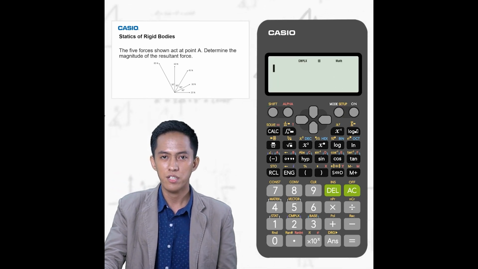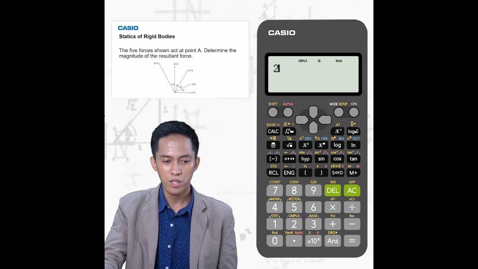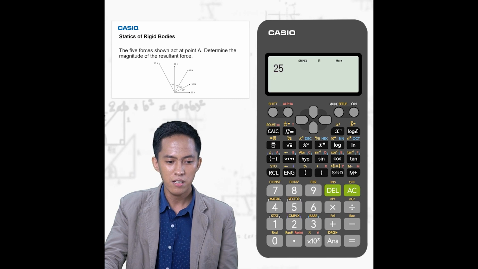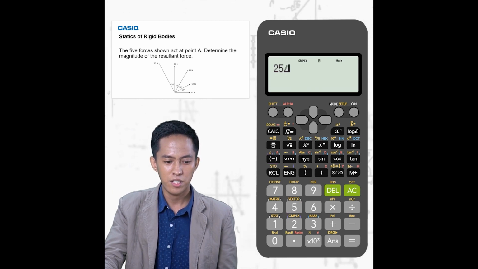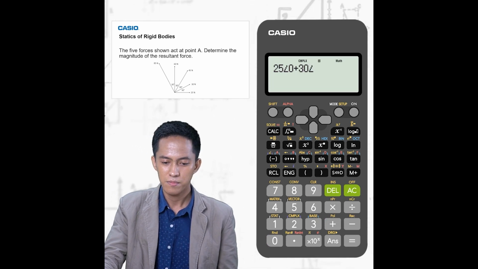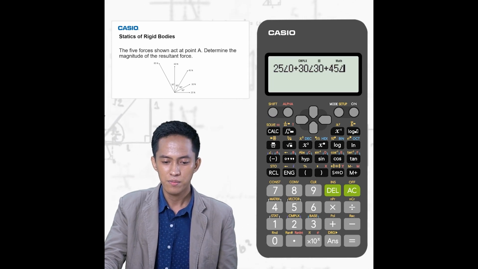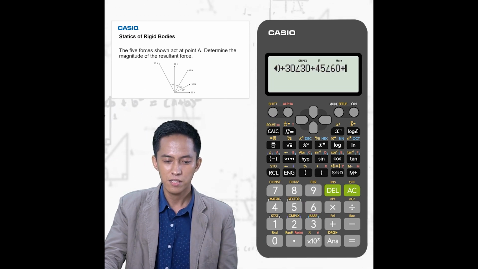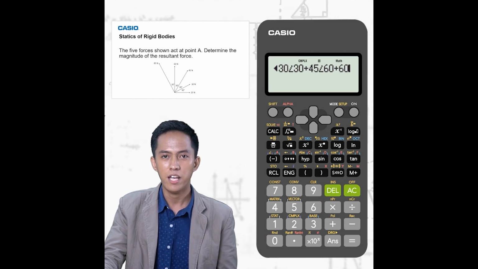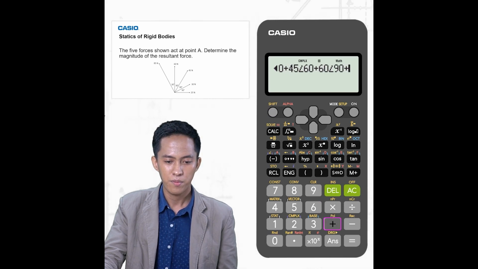The resultant of these forces is equal to the sum of the components of each force. Perform this method using the Casio fx-570 ES Plus. So 25 newtons, shift angle 0 degrees, plus 30 newtons, shift angle 30 degrees, plus 45 newtons, shift angle 60 degrees, plus 60 newtons, shift angle 90 degrees, plus